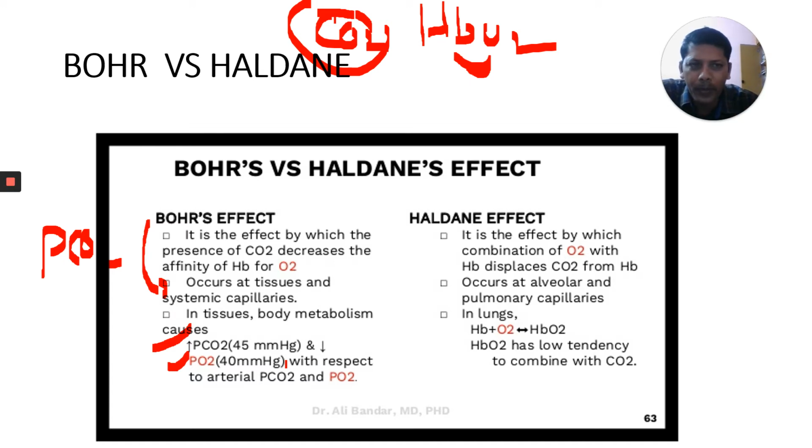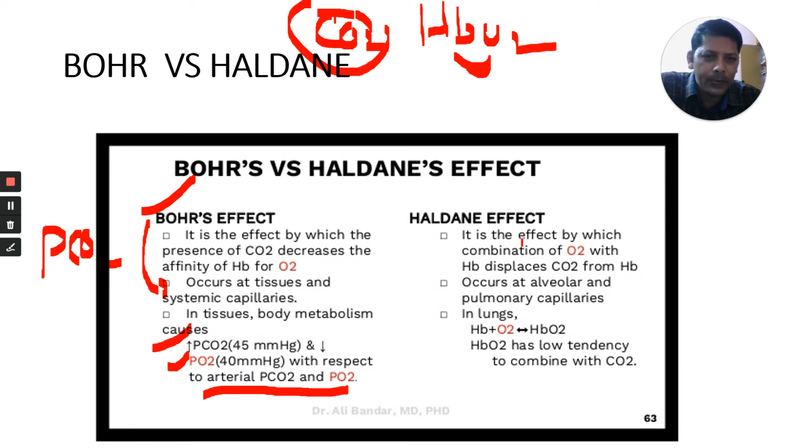In the blood of pulmonary veins it is 95, but here at the tissues only 40 because tissues utilize that. Arterial blood has low PCO2 and high O2, but quite the reverse conditions are present at the tissue. That's why the affinity between these two decreases, and this is called Bohr effect. Because of this effect, the oxyhemoglobin dissociation normal curve shifts towards the right side, that means towards the x-axis, away from the y-axis.